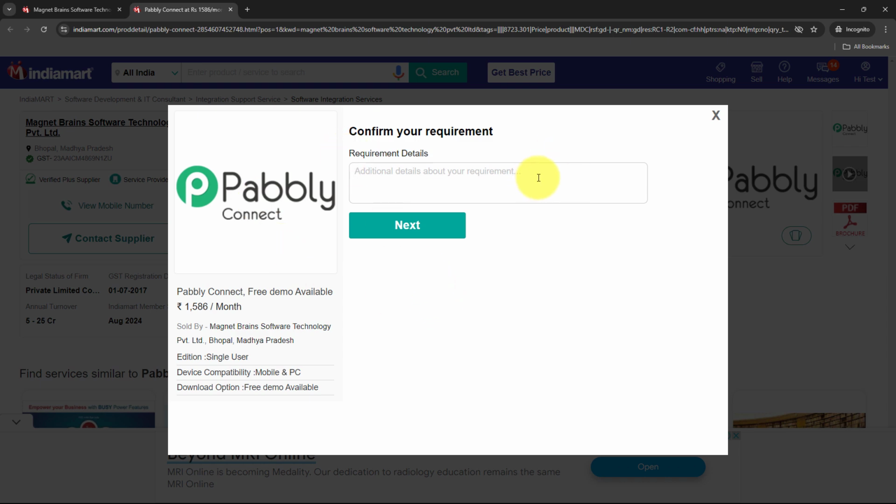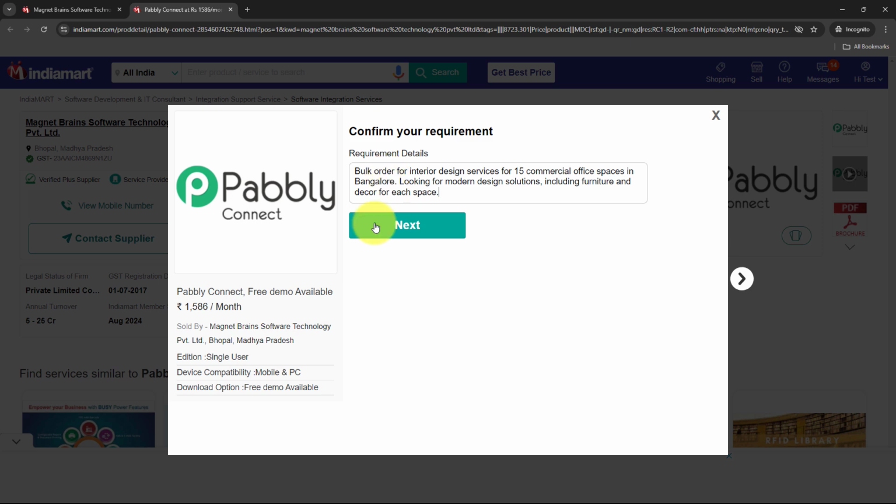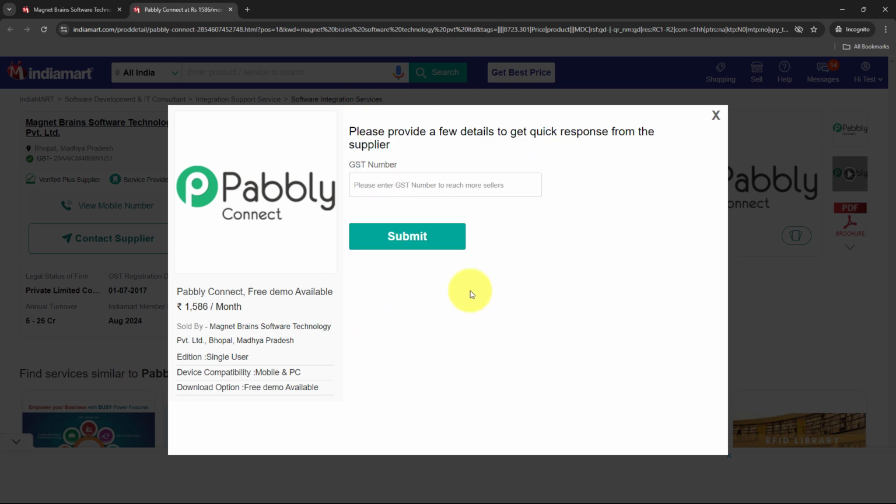So I want it to be this, which says bulk order for interior design services for 15 commercial office spaces in Bangalore, looking for modern design solutions including furniture and decor for each space. And now we're going to click on next, and it is asking me for the GST number. As you can see, it is not a required field, so I'm going to leave it blank